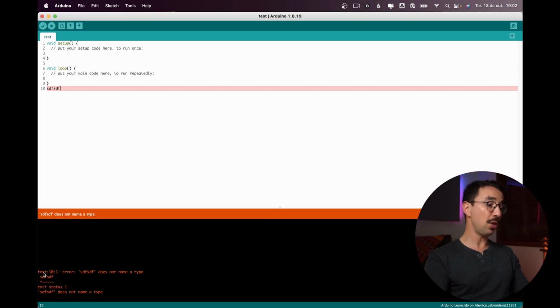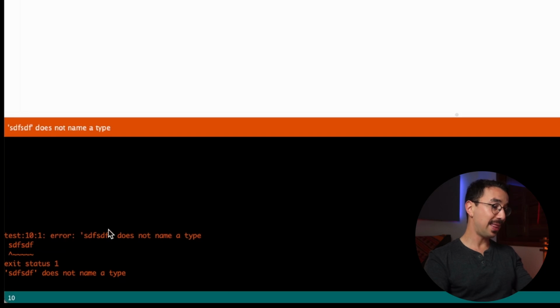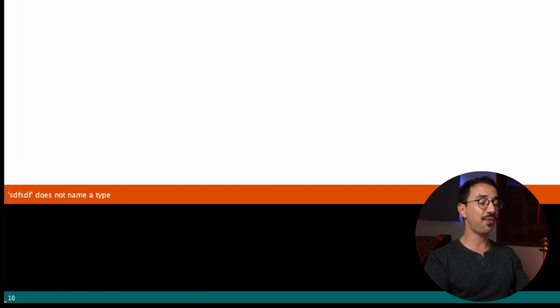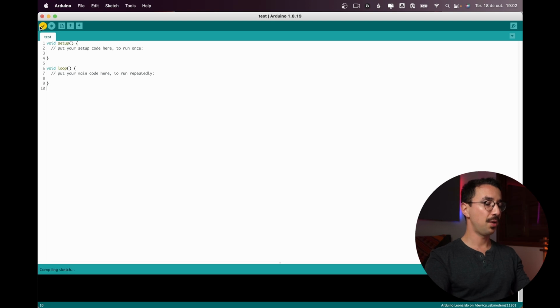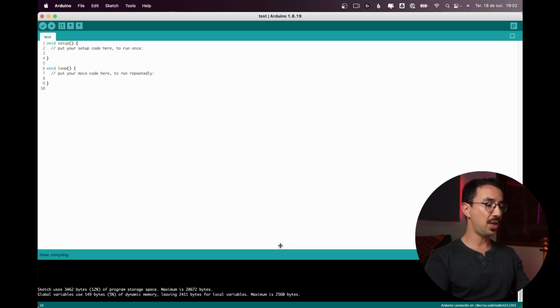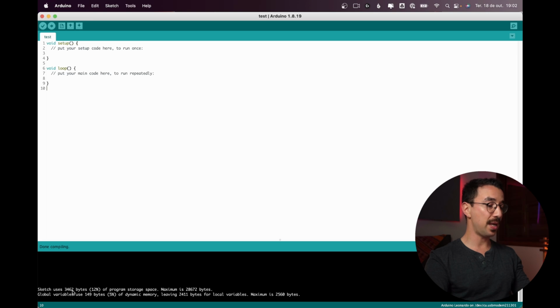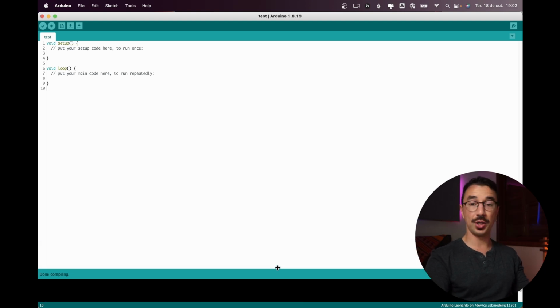It's going to tell you, hopefully, in which line is the error, and this window will help you to find where the error is. So I can just delete, verify. You can see here that it says how many bytes you are using, and the percentage of memory you are using, so just 12%. So we are good to go.